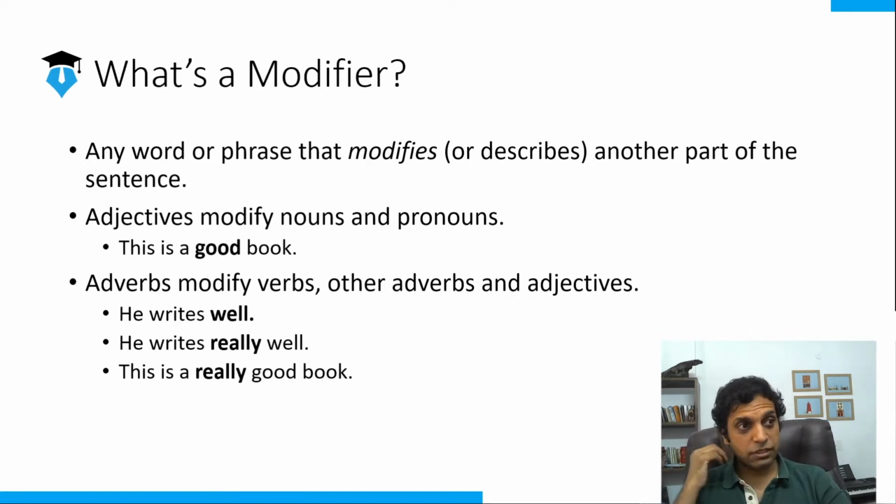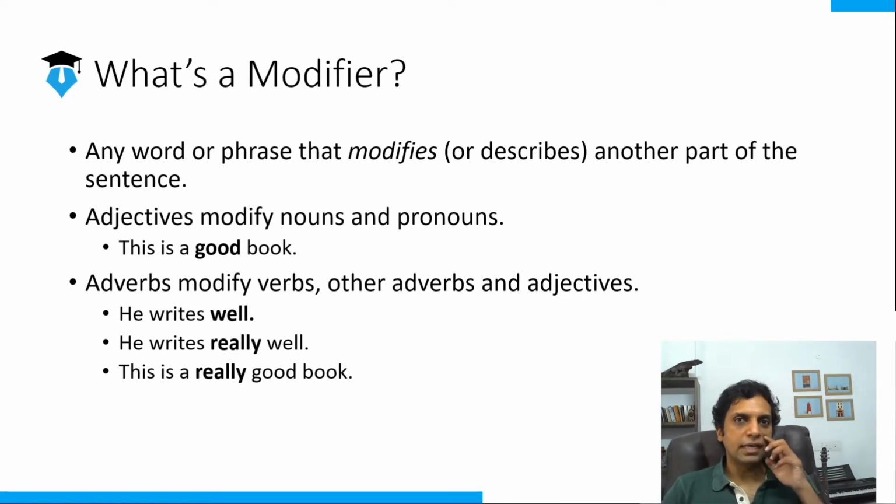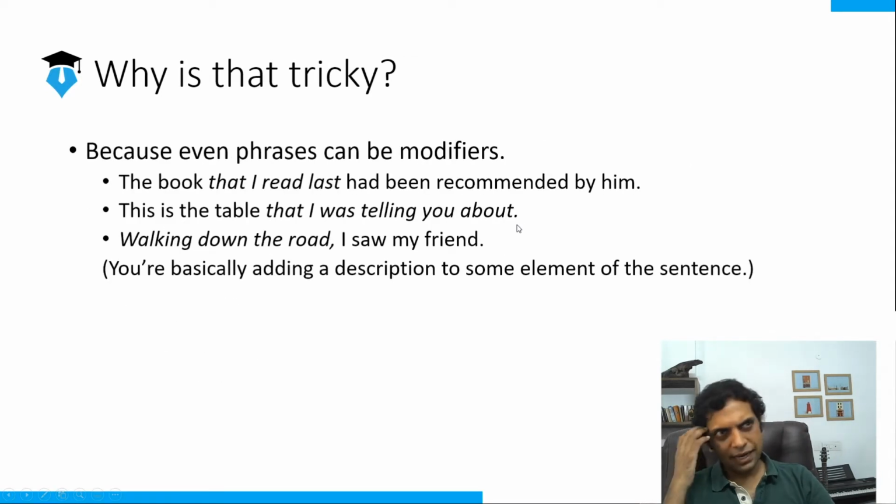Now let's take the last example here. This is a really good book. So you've said this is a good book. How good? Now how good is you're trying to add more information about the adjective here. So when you say this is a really good book, you're essentially modifying the adjective. Therefore, adverbs can modify adjectives. And again, the same thing applies. This is a really fantastically well written book. So that's the crux of what adjectives and adverbs are.